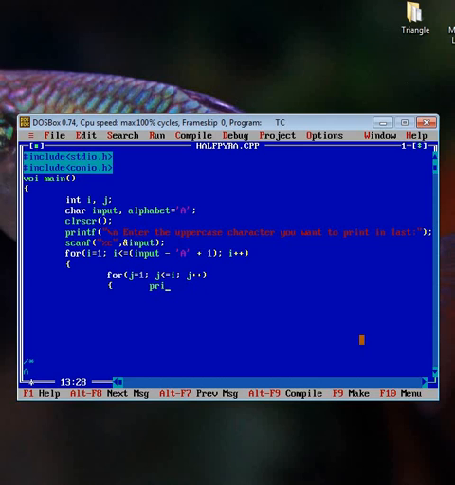So printf %c, because we are going to print alphabets or characters. So %c, and we want to print the value of alphabet.